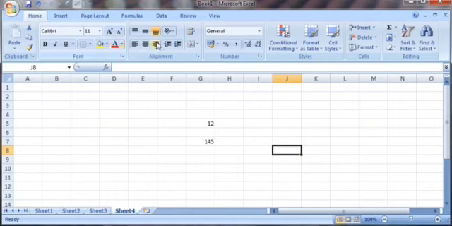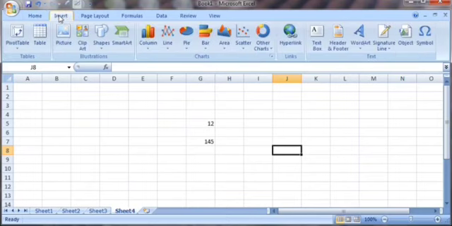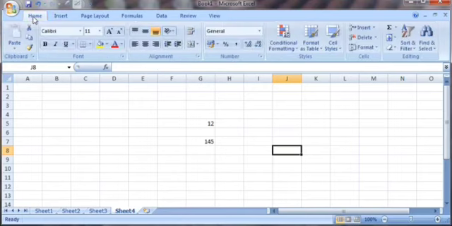This area, this horizontal bar, is called as ribbon. Ribbon displays the commands available in a tab. For example, when you click on Insert tab, all Insert tab commands are displayed on this ribbon, and these commands are classified into different groups. For example, Home tab commands are classified into clipboard, font, alignment, number, styles, cells and editing group. Font group contains all font manipulation commands.